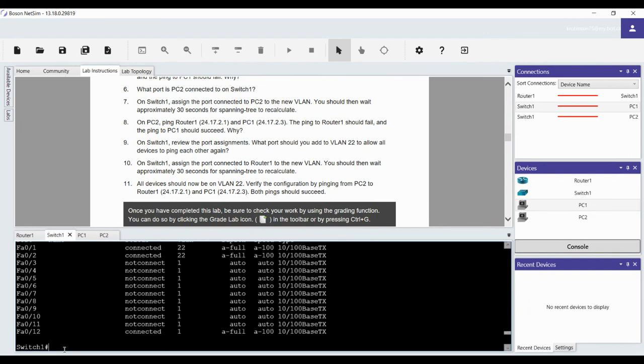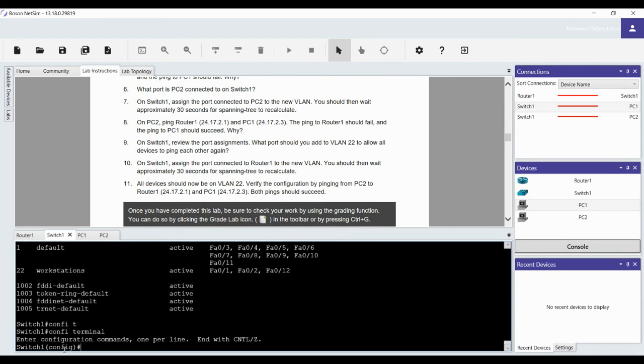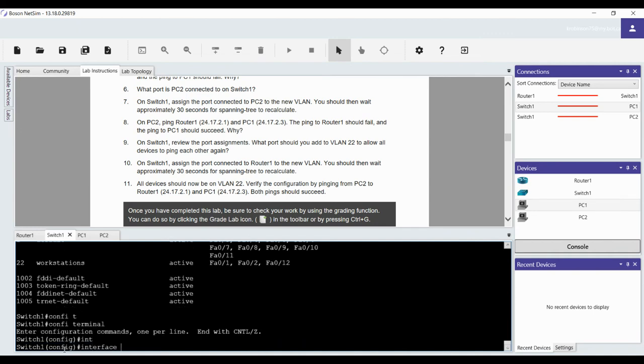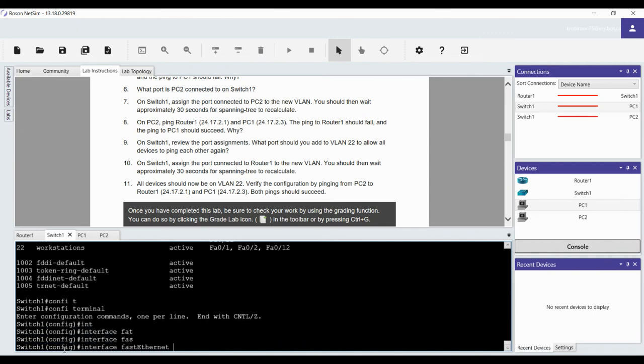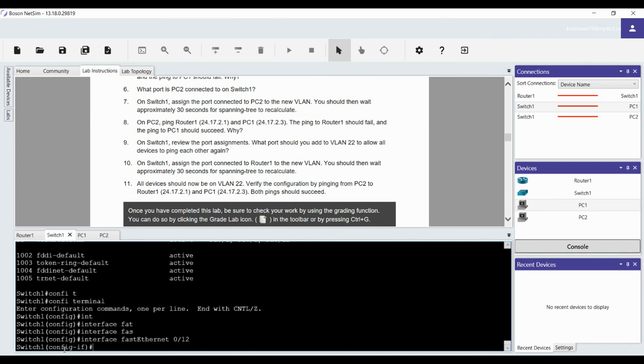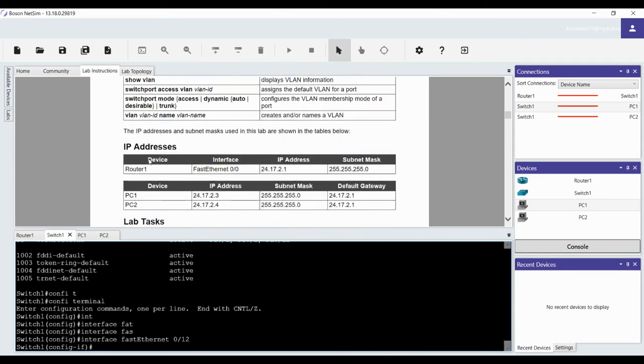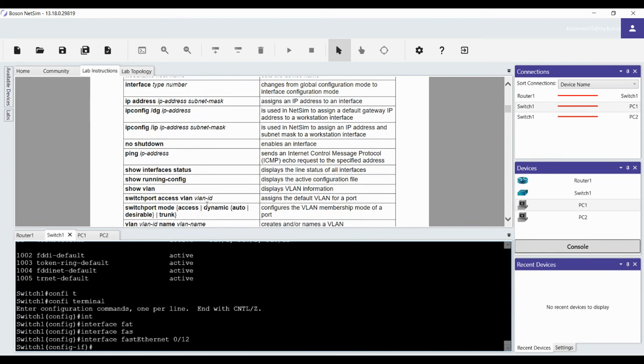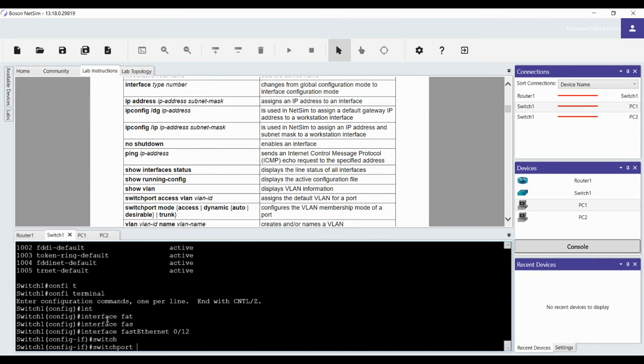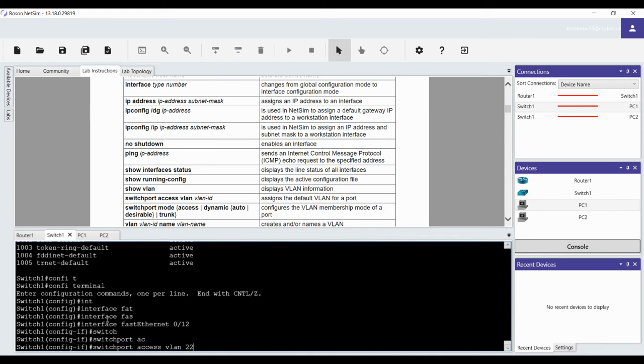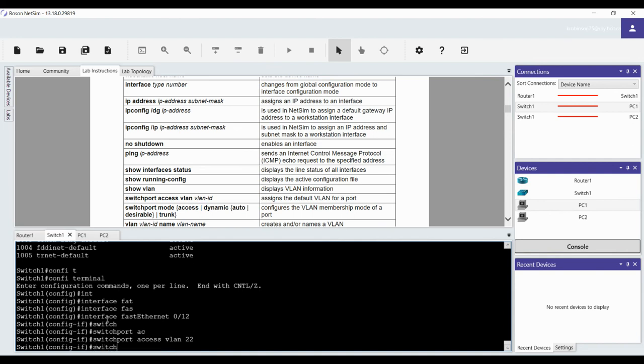VLAN 22. Because I've already done it before, I'm going to go into the interface FastEthernet 0/12. Let's see if that works. Yes, it does. Now we're going to go to switchport. You're wondering what I'm going to type in here. I'm not making this stuff up, it's right here. So switchport. See, I can hit tab and it autocompletes. Switchport access vlan 22, and then you go switchport